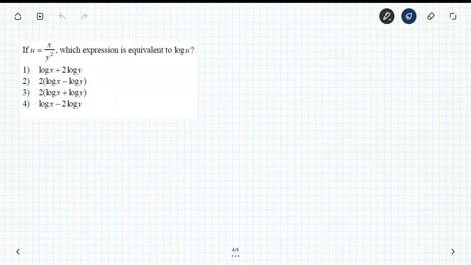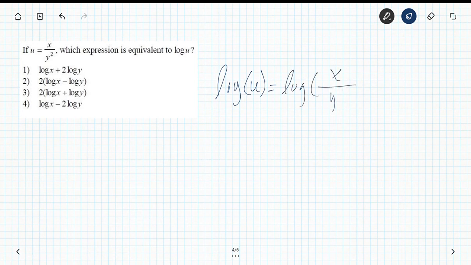Alright, so let's see. This is a very similar problem, but this time our term that has the exponent is at the bottom. So now let's say that the log of u equals the log of x over y squared. Again, this is the log of a quotient, so we can express this quotient as a difference in order to make it more linear. So we're going to say that the log of x minus the log of y squared,